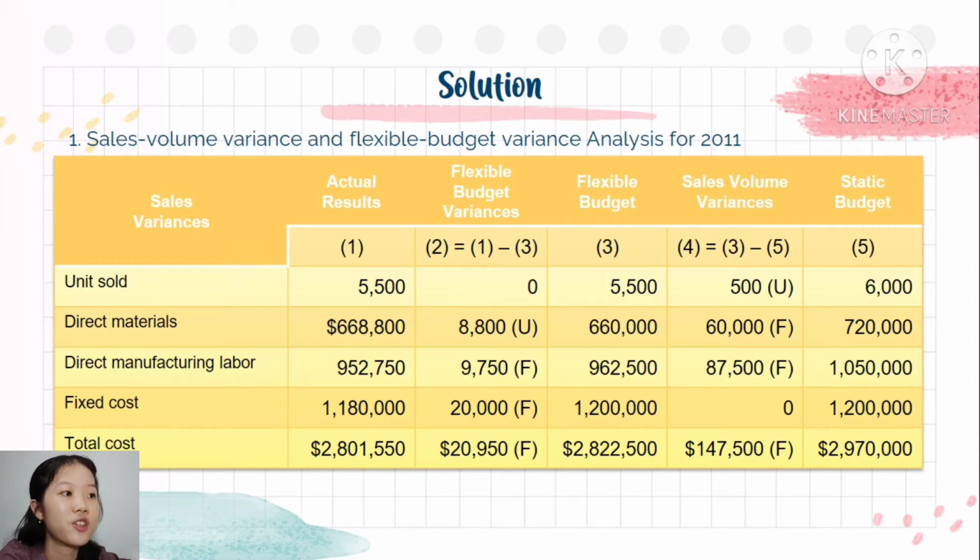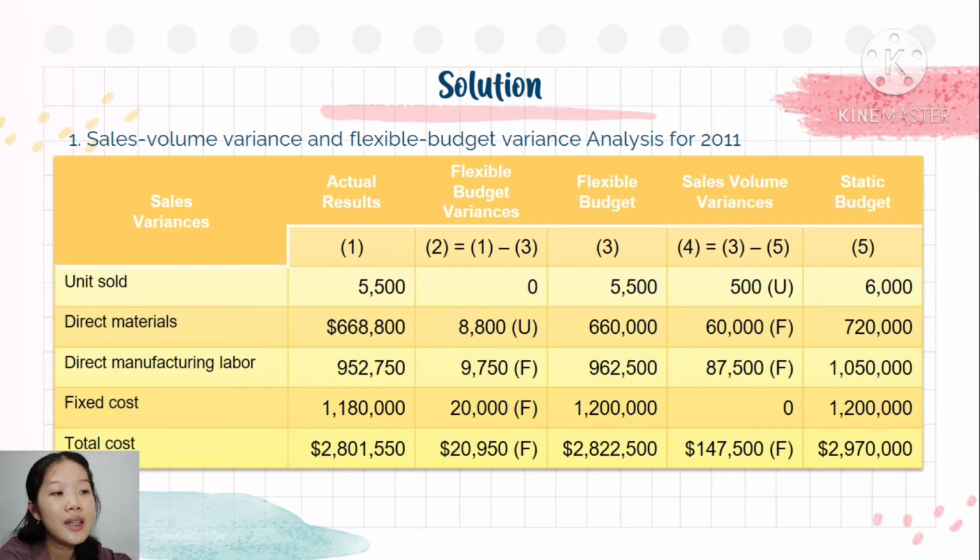So for the direct materials in the flexible budget, it's calculated from 120 units times the 5,500 units. It's 660,000. And for the direct manufacturing labor in the flexible budget, it can be known by